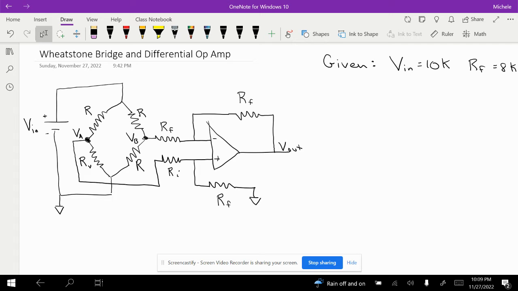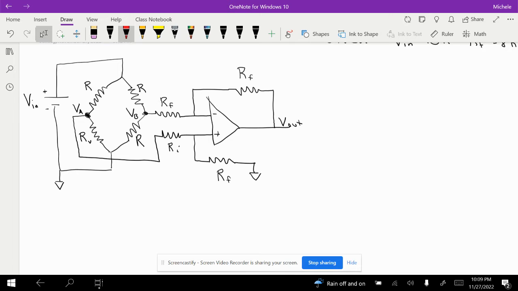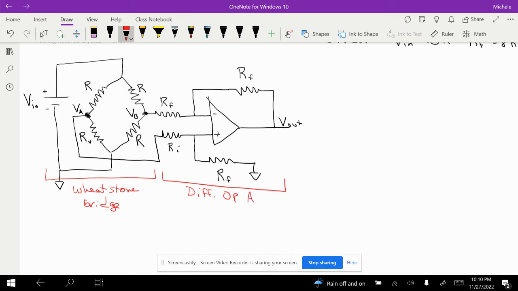Okay, in this problem, we're going to work on a Wheatstone bridge and a differential op amp. So this part of the circuit is the Wheatstone bridge. And this part is the differential op amp. Okay, and one thing to notice about the Wheatstone bridge, it looks tough because it looks like a diamond of